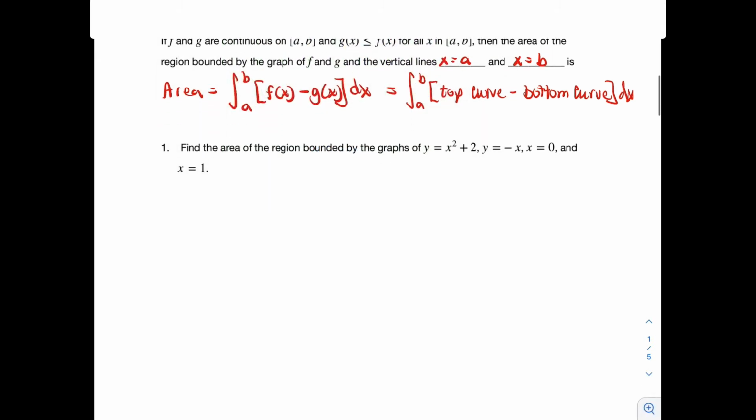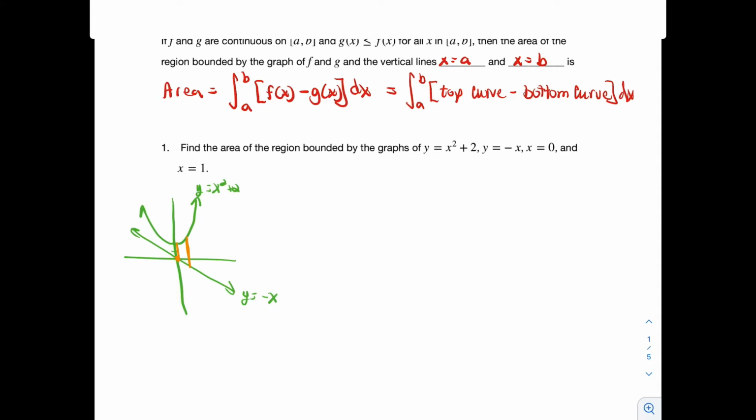Let's find the area of the region bounded by the graph of y equals x squared plus 2 and y equals negative x from x equals 0 to x equals 1. What I want you to do first is always do a quick sketch of these. Now notice I'm not doing a perfect graph. I'm just doing the basic shapes. I know that this is a parabola up 2, and then I have the line y equals negative x. So the line through these two, and then I have from x equals 0 to x equals 1,